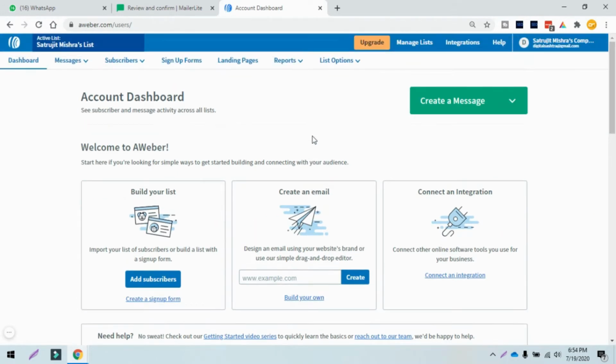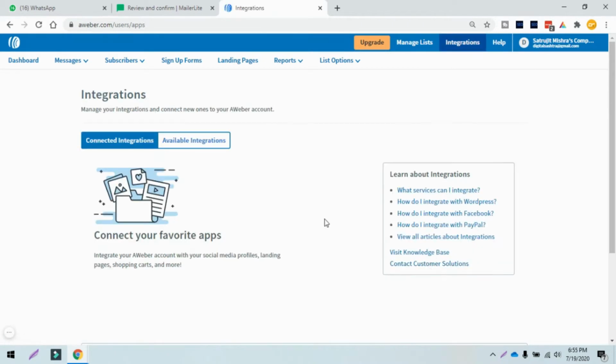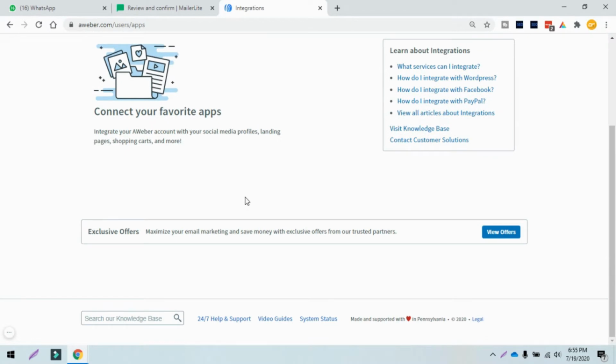After creating a template, I will show you how to connect integrations. This is where you can connect your favorite applications. Like if you want to connect Facebook Leads, Gmail, a CRM, any sort of tool that you use on a daily basis, you can come here and integrate them.